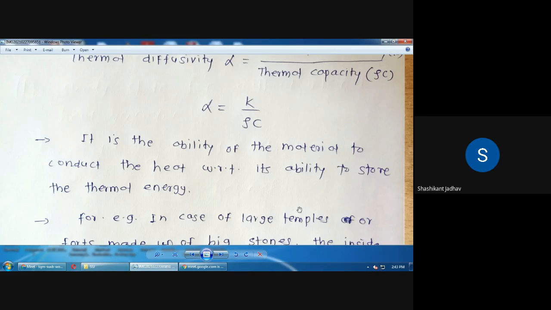with respect to its ability to store the thermal energy. Okay,